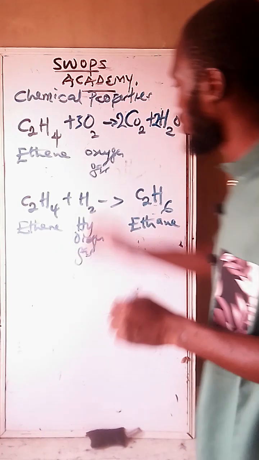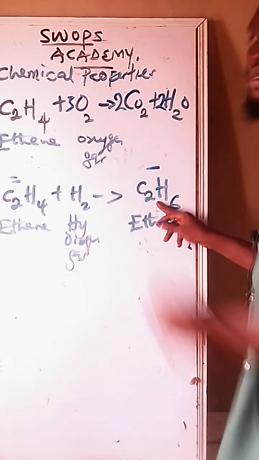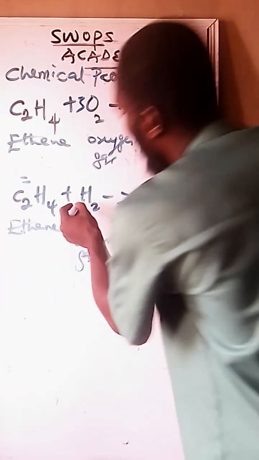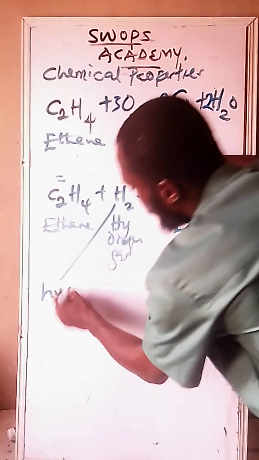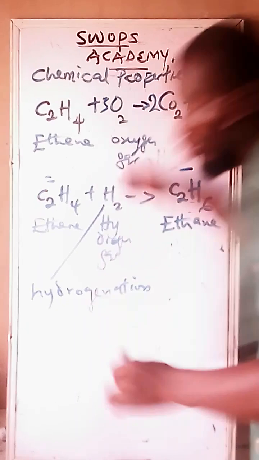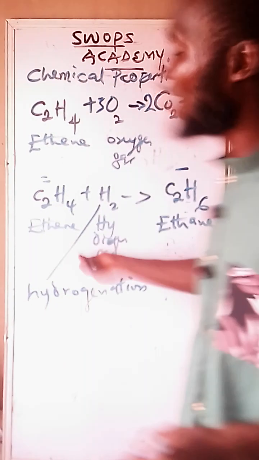So we call this type of reaction an addition reaction: the art of making an unsaturated hydrocarbon, double bond, become a saturated hydrocarbon, single bond, as a result of the addition of hydrogen to it. If it is hydrogen that we are adding, we call it hydrogenation. What did I call it? Hydrogenation. So JAMB will now ask you the catalyst used in hydrogenation reaction of